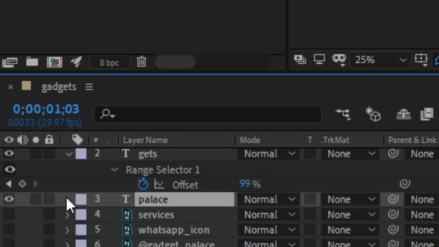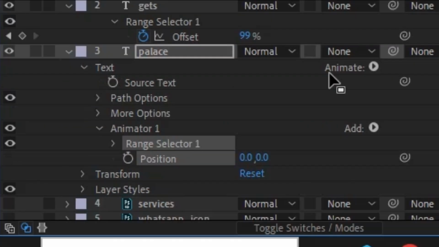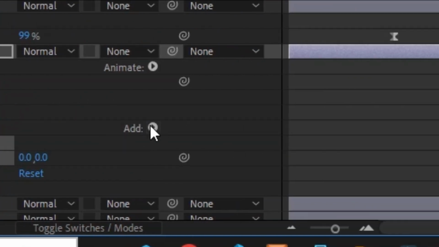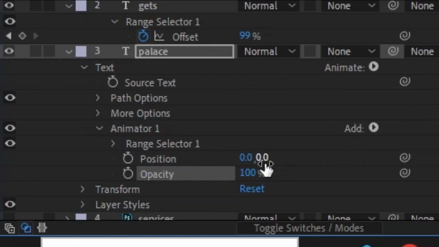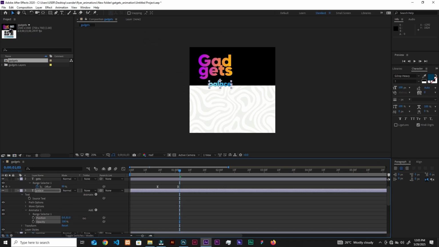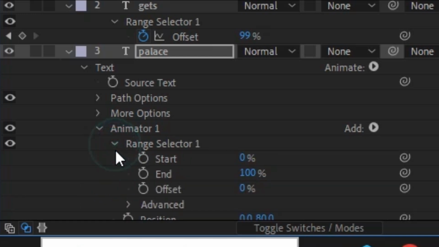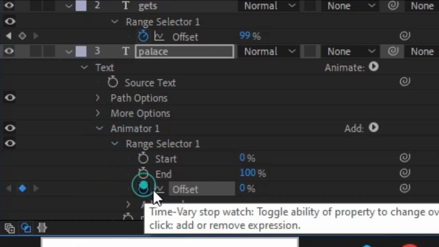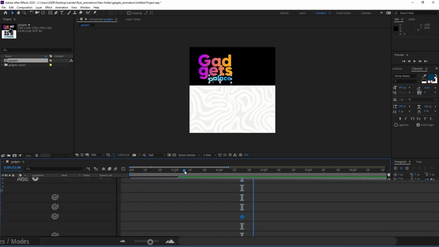So let's drop this, and we will see animate. This one, not scale, position, and position will be added, and we will see add. Let's add property opacity. For the position, for the second one, it moves on the y-axis. Let's drop it down somewhere here. It's cool. For mine it is 80, and let's set the opacity to 0, and we will see range selector 1. Let's drop the range selector 1, and add offset, set it to -100, and let's take it forward,